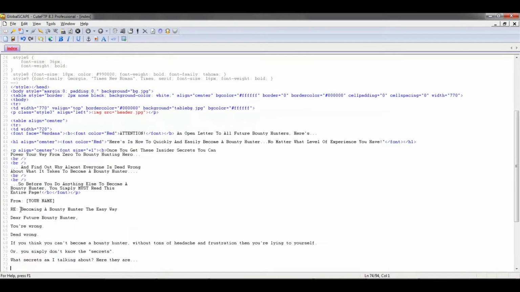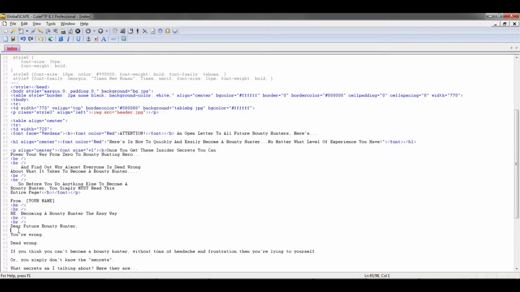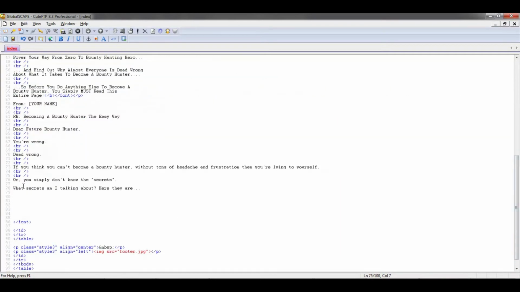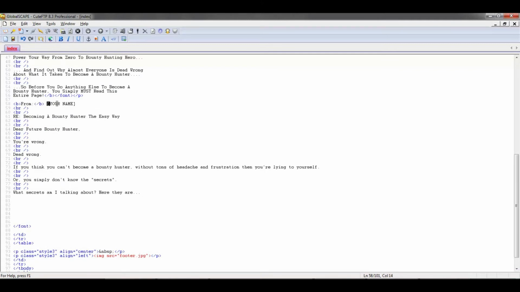So if I put this in here, remember, wherever you want spaces, you got to do that whole BR thing, okay? So, and I'm just Control-Ving, that's pasting. Okay, so I want to do from bold, my name, and the reply here will be bold, and I like to italicize and bold where I'm talking to the person, where I do the dear whatever, and do you're wrong,